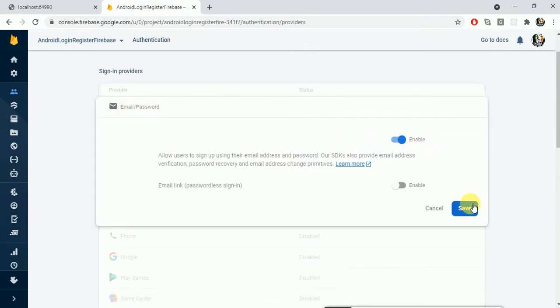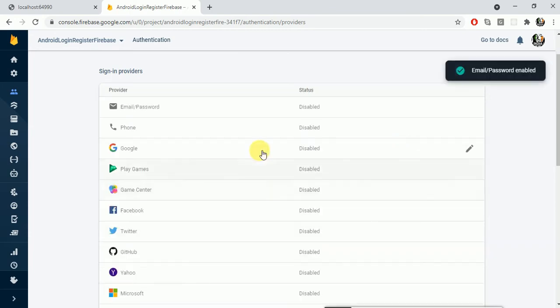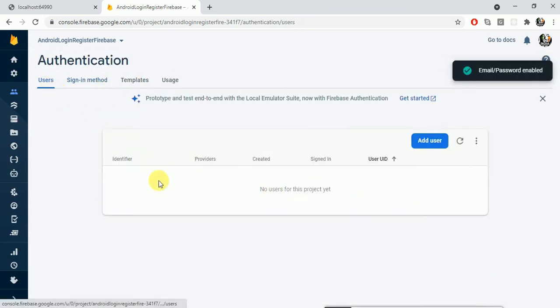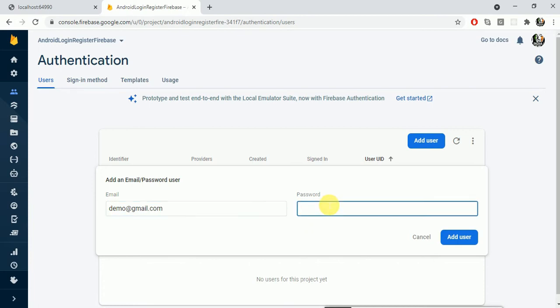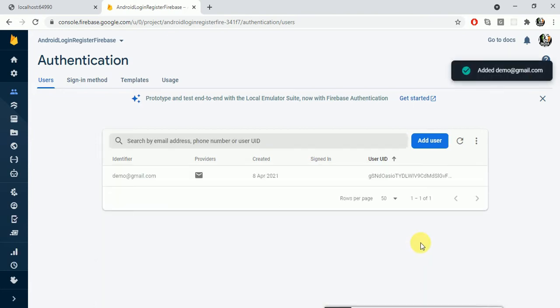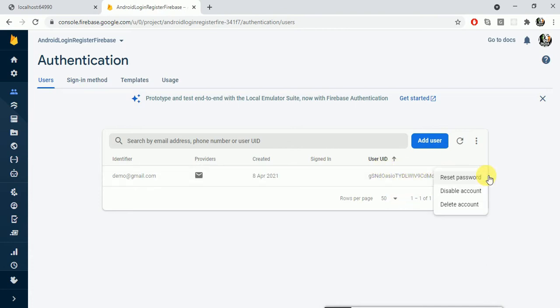So when we register, we need to provide our email address and password. Here you can see these details. Here you can use a user like demo@gmail.com, and then the password will be demo1234567889, or anything you want. Add user. So this is the email address, and the password you can't see, and this is the user ID which will help us to register other information of this user next using our Firebase real-time database. So what I will do, I will delete it for now.